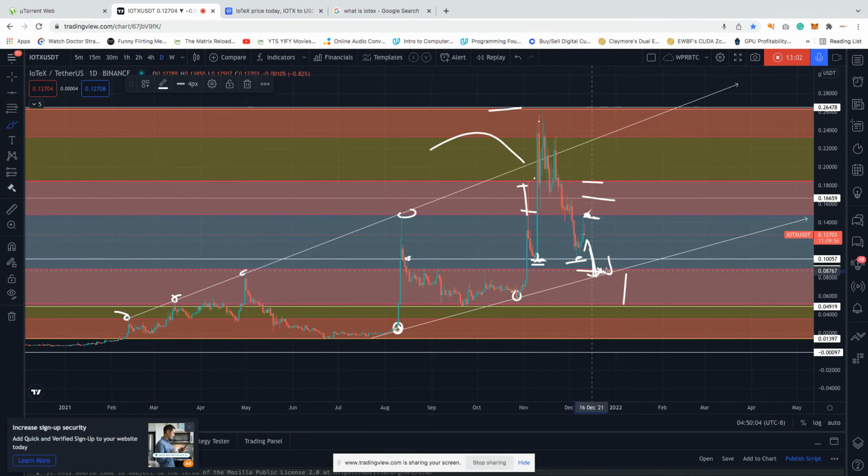Remember, when it gets to this point, it has only gotten to the support. It has not entered the entire support. The entire support is here. This is where the bigger point is in terms of support. And I can tell you that this point where you are seeing now